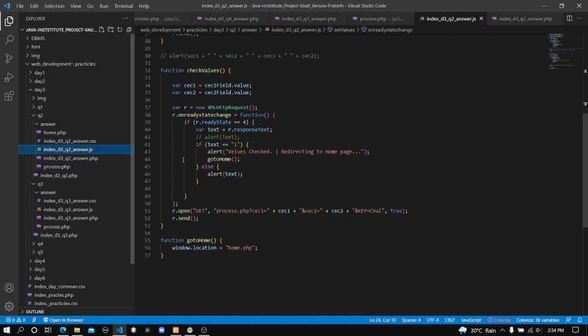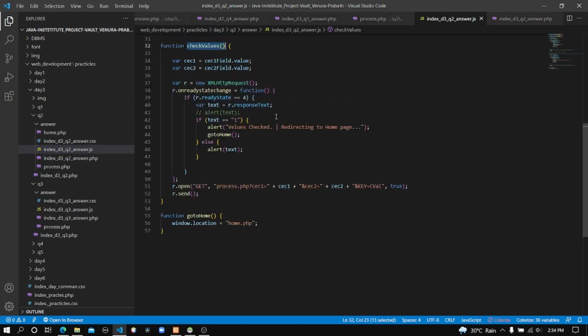When someone clicks on the check value function, and after it executes this check value function, after the data is processed, the output will be sent back to the client computer. So I check whether the output has reached the client computer.